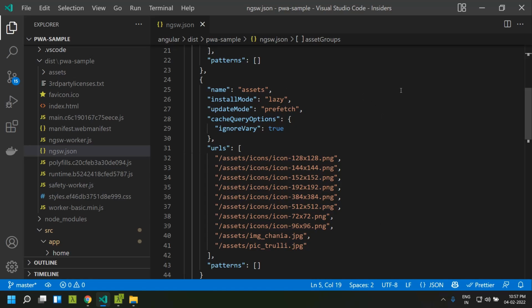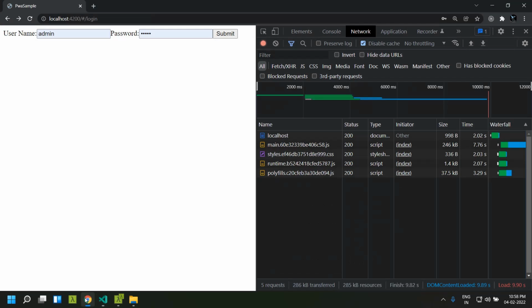If it sees that this file has been modified, immediately it will download the latest version from the server and keep everything ready within the browser, but it will not install it. So in case we need to install it, we need to reload the page. Now if we go to our application and refresh it,